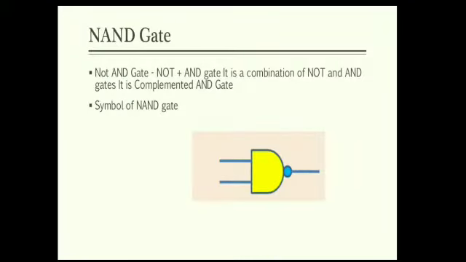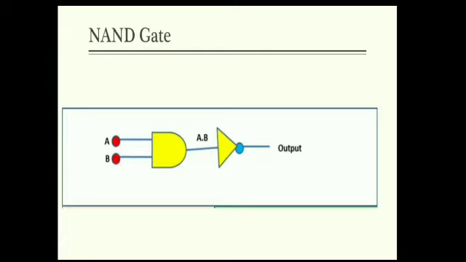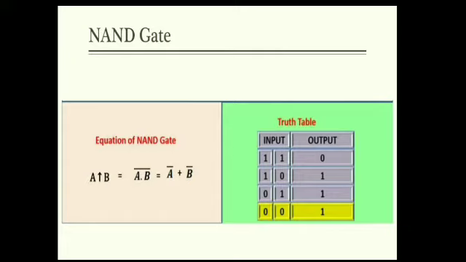Some few other gates are there that are derived from the basic gates AND, OR, NOT. The first derived gate is known as the NAND gate. It is nothing but a combination of AND and NOT gates. Means there is an AND gate and the result of the AND gate becomes the input of the NOT gate, and then finally we get the output. It means whatever the output of the AND gate is, it is inverted by the NOT gate and we get another output.